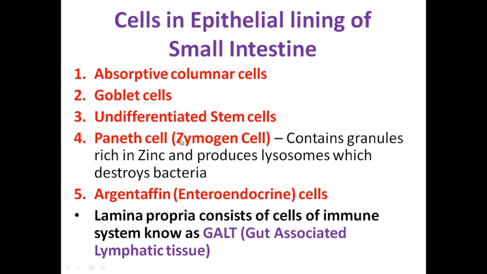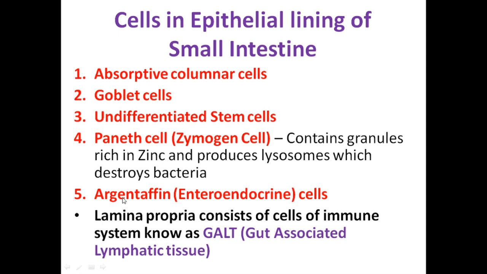Then there are the zymogen cells or the Paneth cells, which are rich in zinc, and their main function is to produce lysozymes which destroy the bacteria present in the food that we eat. And then there is a group of enteroendocrine cells, called the argentaffin cells, present within the small